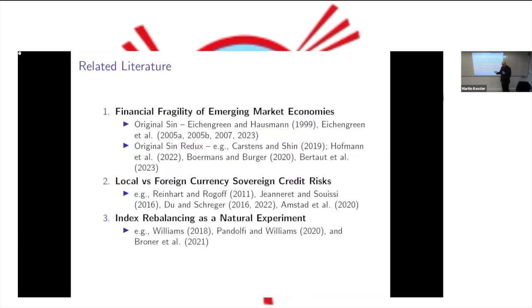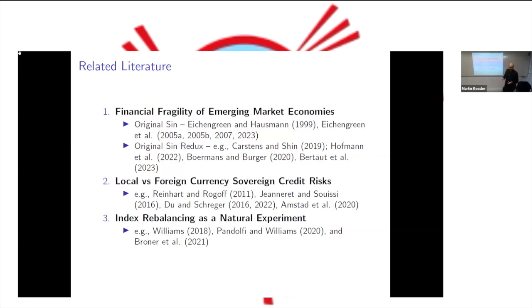What I do is tie together these dynamics, really showing how the level of foreign participation has an effect on how the sensitivity increases. There's also literature showing the differences between credit risks in both types of bonds, both local currency and foreign currency. And I just wanted to point out the paper from Düring and Schroeder in 2016, which makes the argument,